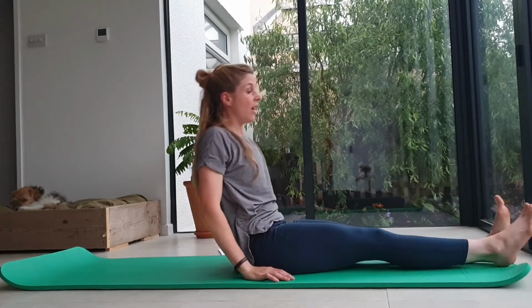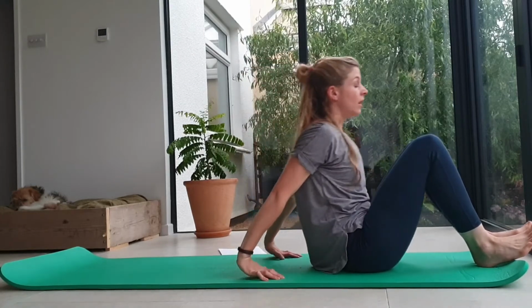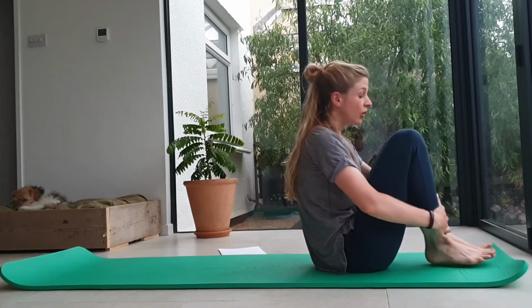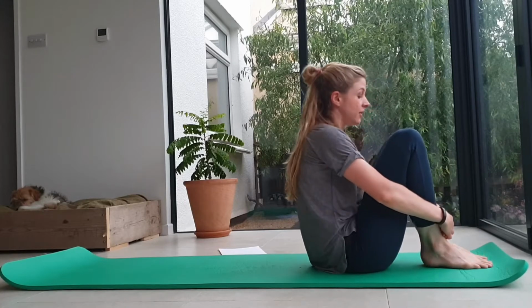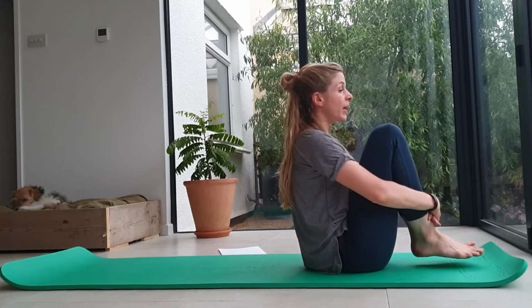Rolling like a ball. I'm going to lift my hips up and bring them all the way forwards towards my heels. Okay, rolling like a ball. You're going to wrap your arms around your shins or hold behind the thighs. And I want you just to come and balance on those sits bones. Okay, so from here,